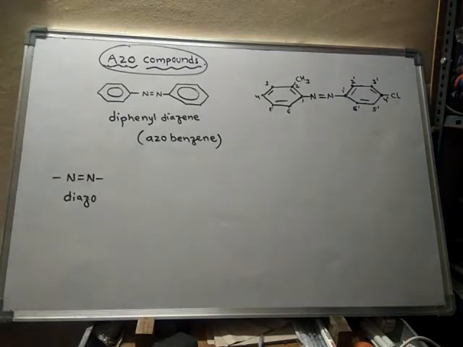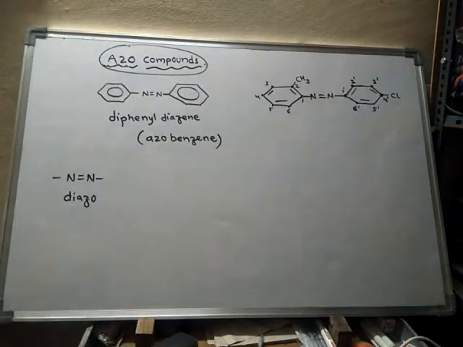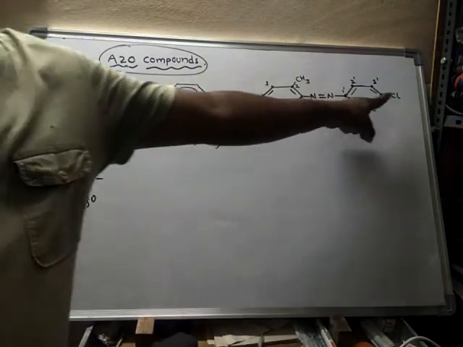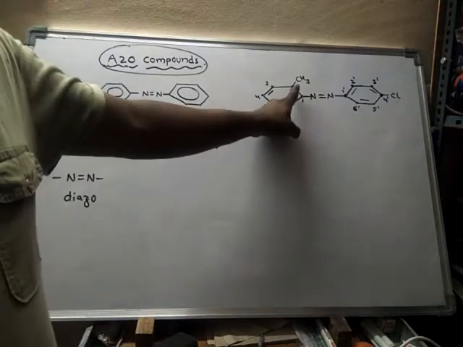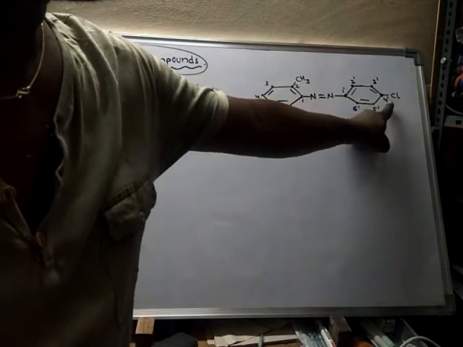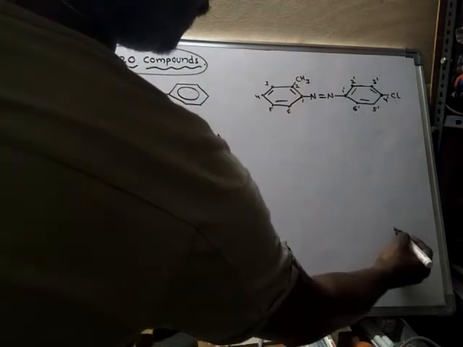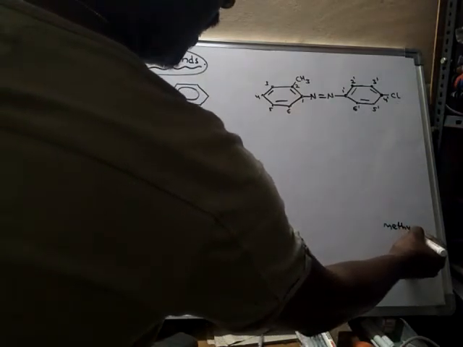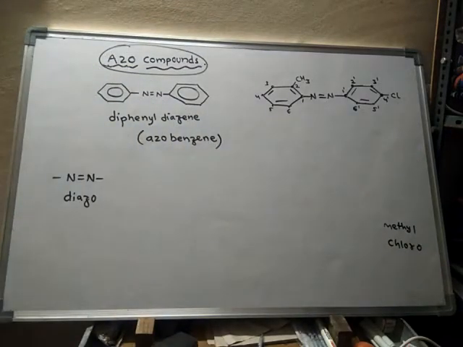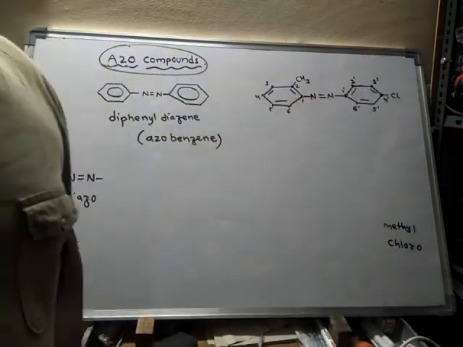Then what is the name of this compound? Here two substituents are present in this compound. This is actually azobenzene. Basically it is azobenzene, and in azobenzene there are two substitutions. Here on the 2nd carbon there is one substitution, and on 4 prime there is another substitution. So what are these two substitutions? One is methyl, and another one is chloro. So this is the methyl substitution and this is the chloro substituent. Okay, these two are the substituents.